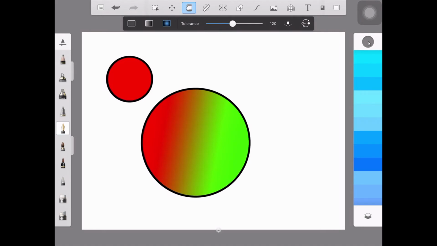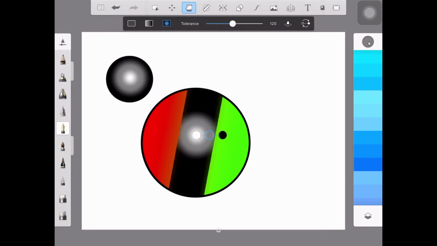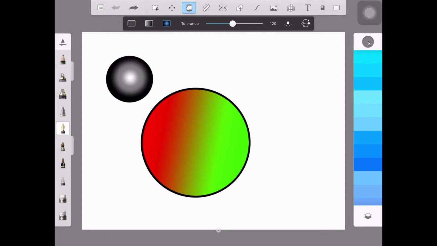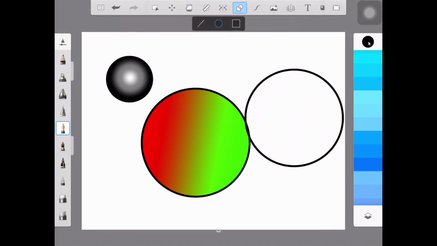Okay, so last we have the radial fill. Just click inside the shape, and this is a little intense. I'll try to draw one big circle so you can see the transformation properly. Wait, let me draw one circle. Okay, and that's it. And now I will just activate the radial tool and just click inside the circle.